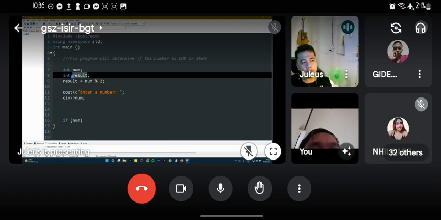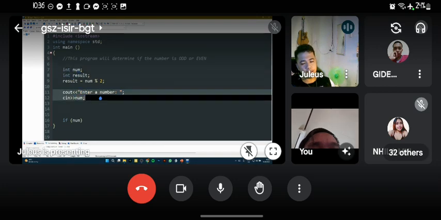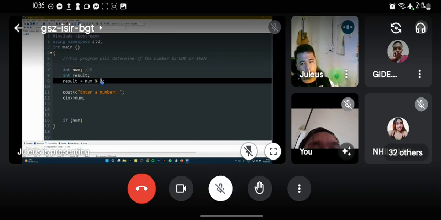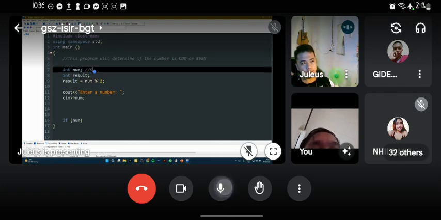The value for num is whatever the user enters. The value of the result is, for example, the user enters 5. So 5 divided by 2, and the remainder, which in this case should be 1, is going to be the value of our result. Do you follow?